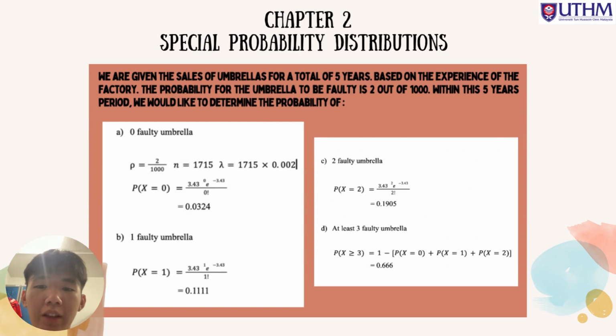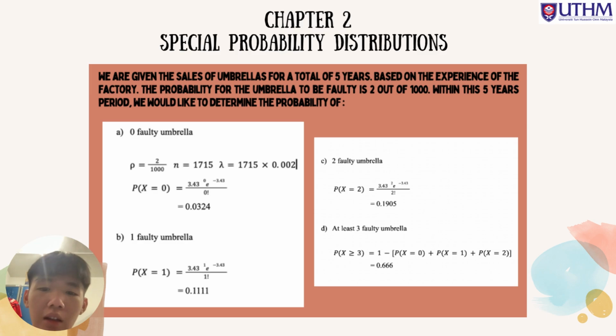Hi, my name is Guizon, and now I will be presenting Chapter 2, Special Probability Distribution. So we are given the sales of umbrella for a total of 5 years. Based on the experience for the factory, the probability for the umbrella to be 40 is 2 out of 1000. So the P will be